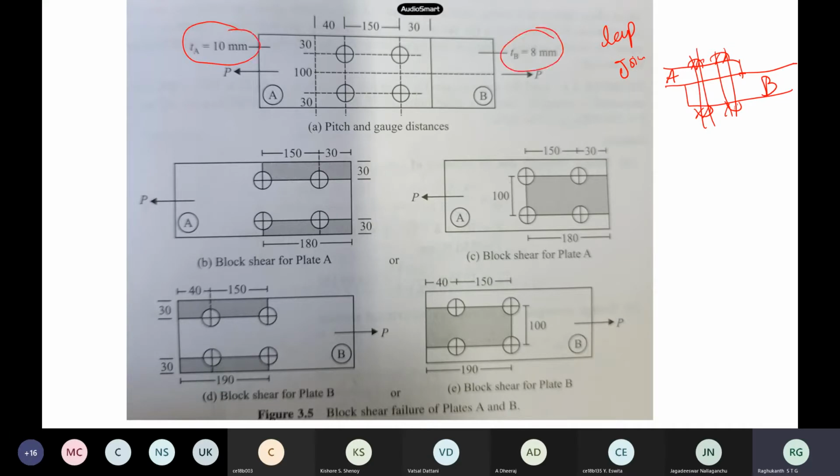You may have to find out the block shear strength for both cases. Like plate A is there, so this is one failure path, path 1. This is path 2. Something like this portion. This portion entirely goes away like this, and only this portion will be there. The top and bottom just tear off from your plate A, or this portion may tear off also. Then similarly for plate B, the failure patterns are the same. Suppose the plates have the same thickness, then one check is sufficient. But if they are different, you may have to follow all these kinds of patterns.